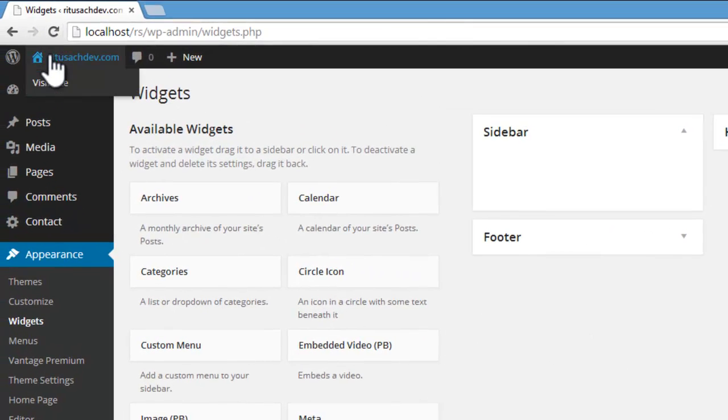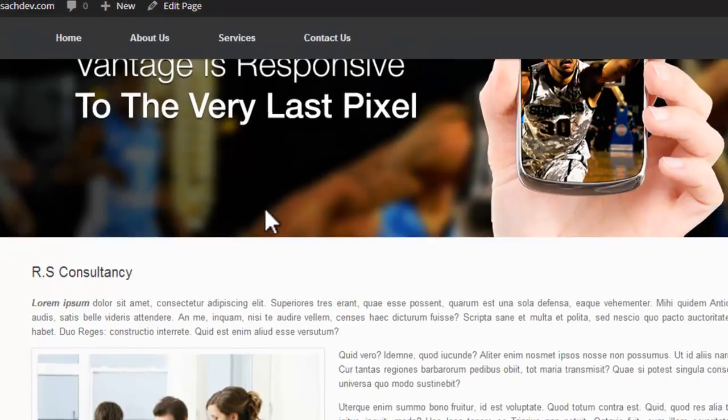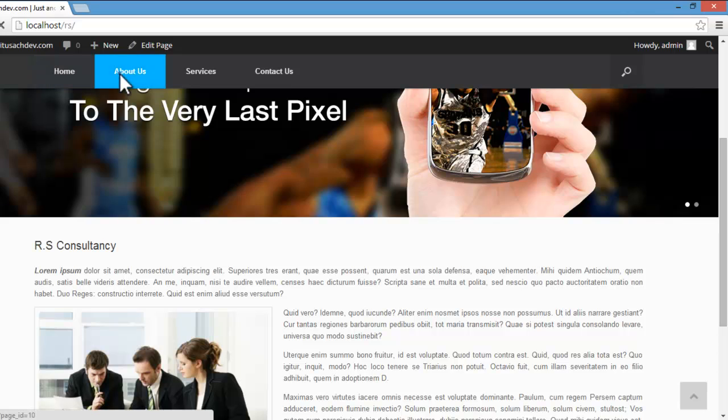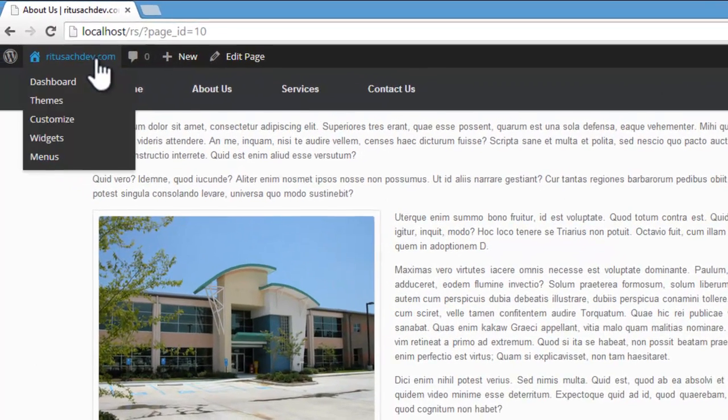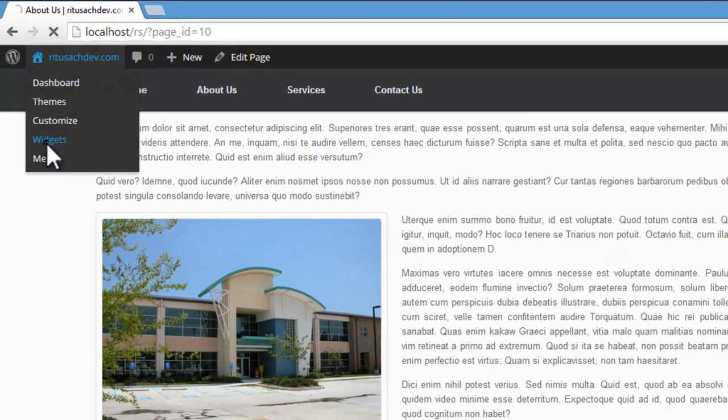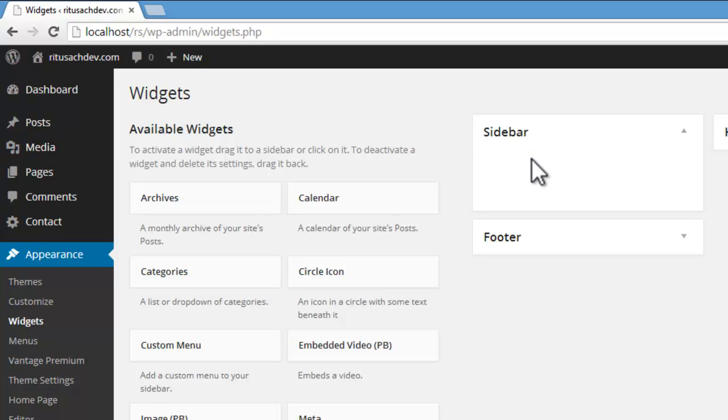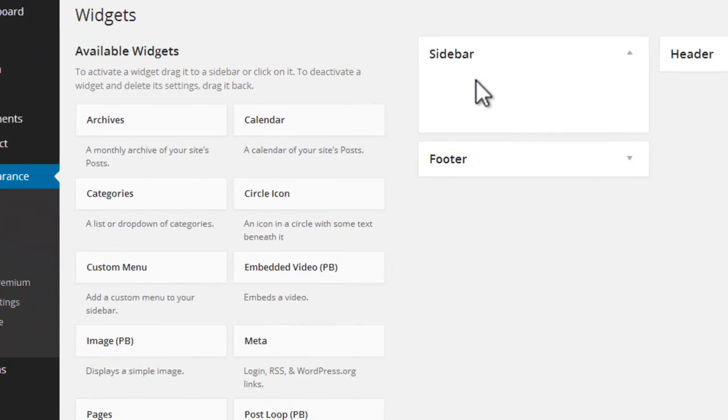Let me show you a preview. See, our sidebar is empty. We have no sidebar. Now let's have our own widget items in the sidebar. Let's again go to widgets. Now inside the sidebar,